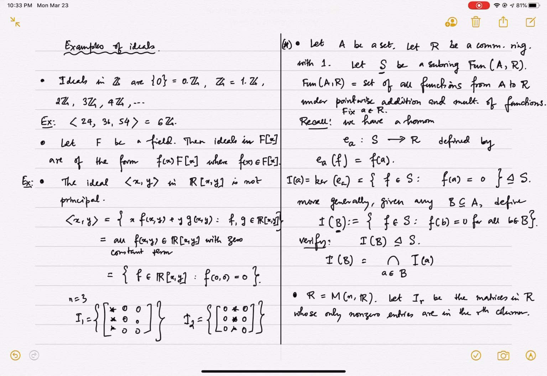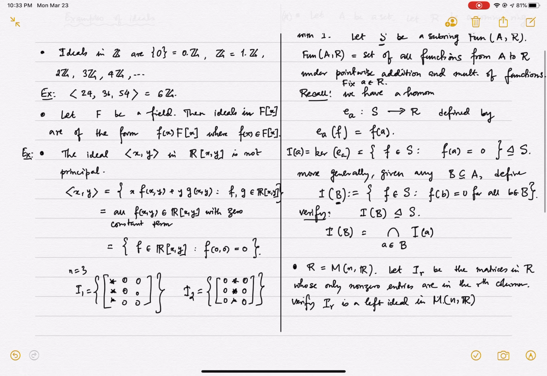Verify that these are left ideals. Verify I sub r is a left ideal in M sub n of R. And instead of real numbers, you can consider any commutative ring here, actually. At least any field, certainly. Similarly, you can write down right ideals. I'll leave you to guess what those are going to be. What about